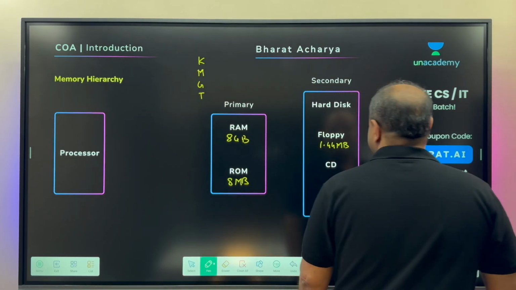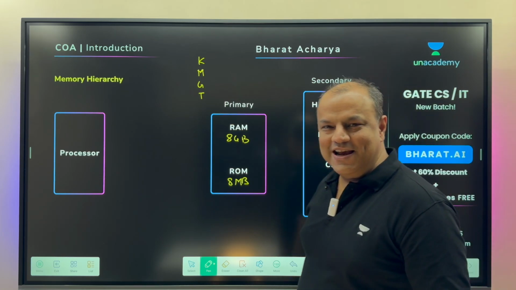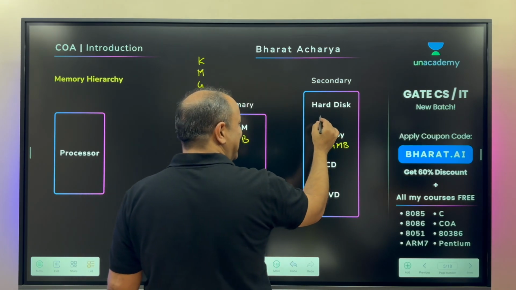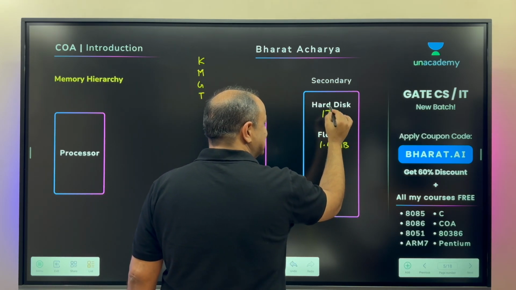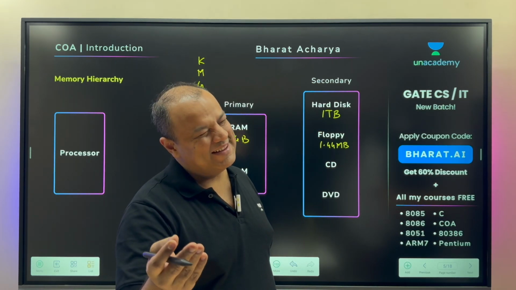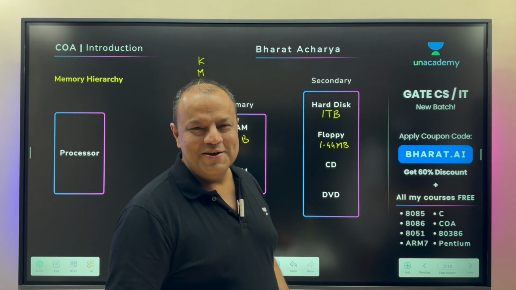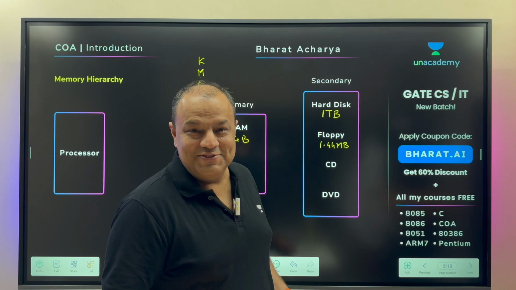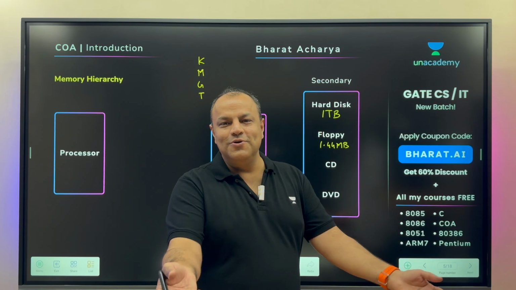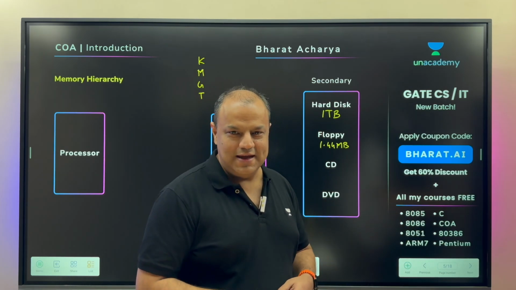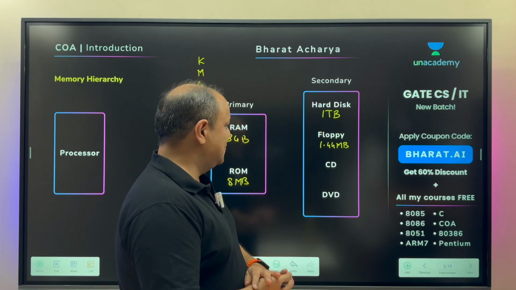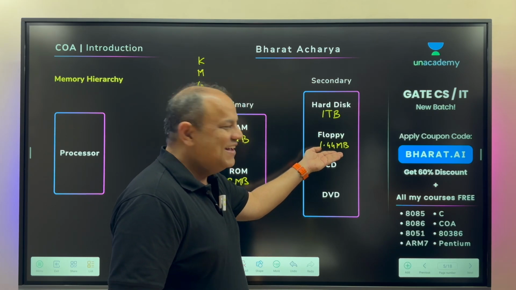Now, let's go ahead. Secondary memory. The biggest secondary memory, the main storage space of your computer, is your hard disk. What is the size of your hard disk? Yeah, 1 TB. That's the typical size. You may have 2 TB. You may even have 3 TB. Please don't give those answers in an interview. Immediately the person will ask, what are you storing? Why do you need so much storage? 1 TB never gets full for normal usage unless you are into editing or creating games or things like that. For an average user, this is what most people have. Of course, you can have more. You're most welcome. It's your own computer. Do what you want.